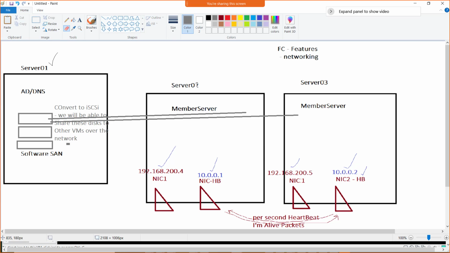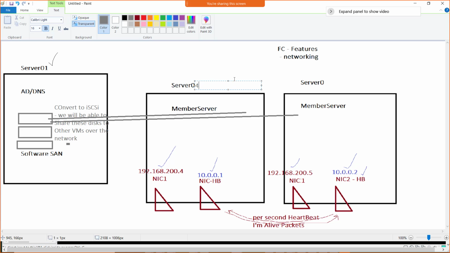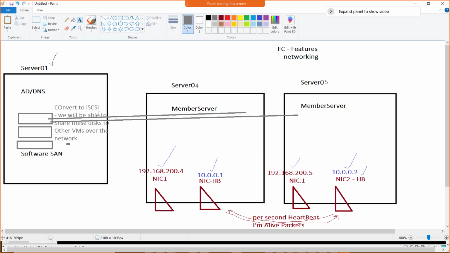So this one disk will be mapped to server 4 and 5, and